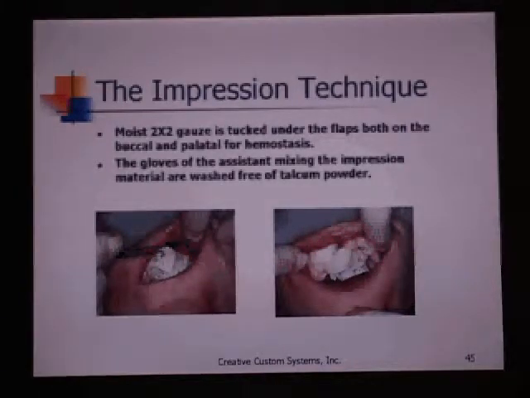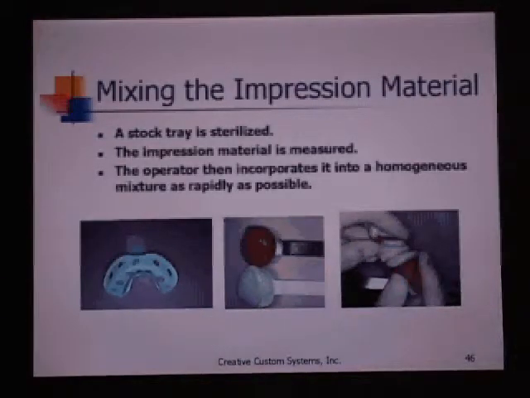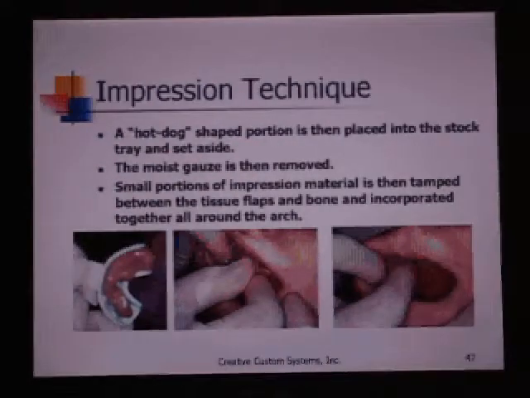The gloves of the assistant mixing the impression material are washed free of talcum powder. A stock tray is sterilized, the impression material is measured, and the operator then incorporates it into a homogeneous mix as rapidly as possible. A hot dog shaped portion is then placed into a stock tray and set aside. The moist gauze is then removed. Small portions of impression